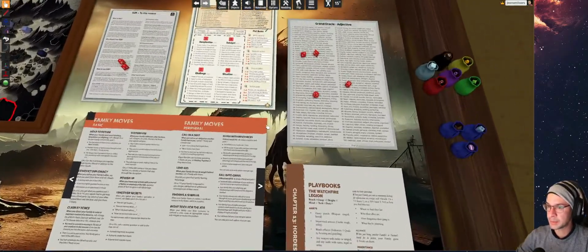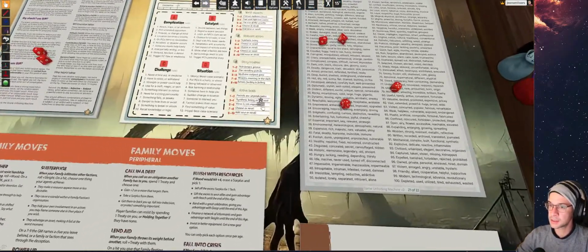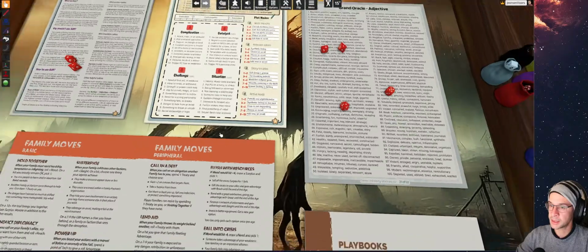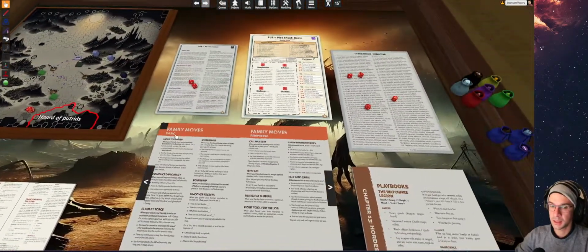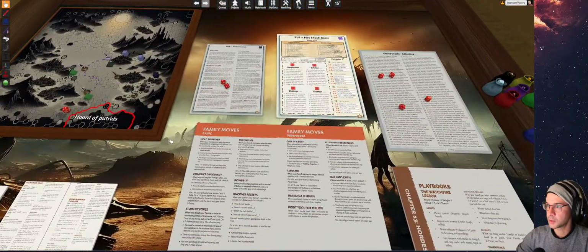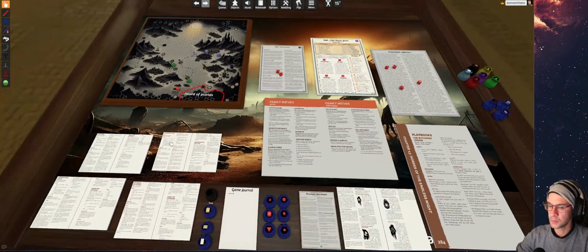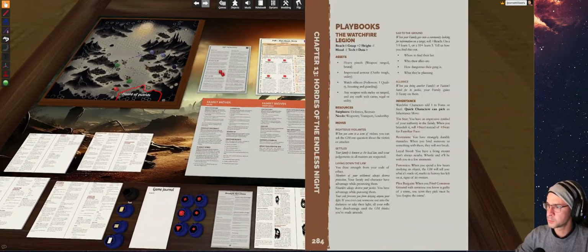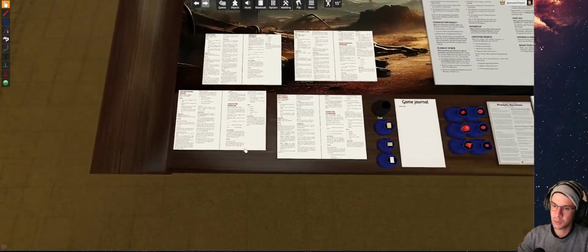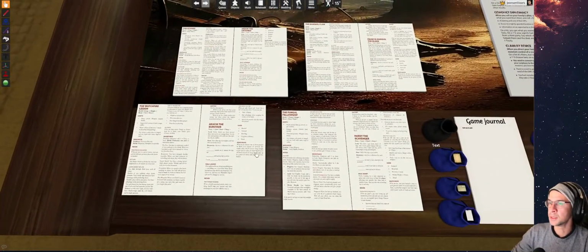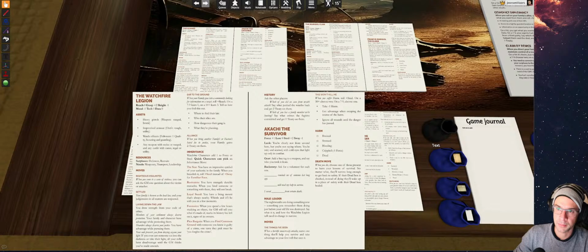Anyways, to wrap up a little bit further, the active leads virus is not expanding, and that's all we've got so far. Let's see what would be the next steps. Let's take a quick look at the playbooks, and then in between this and the next session I'm gonna choose one playbook to play. The Watchfire Legion,